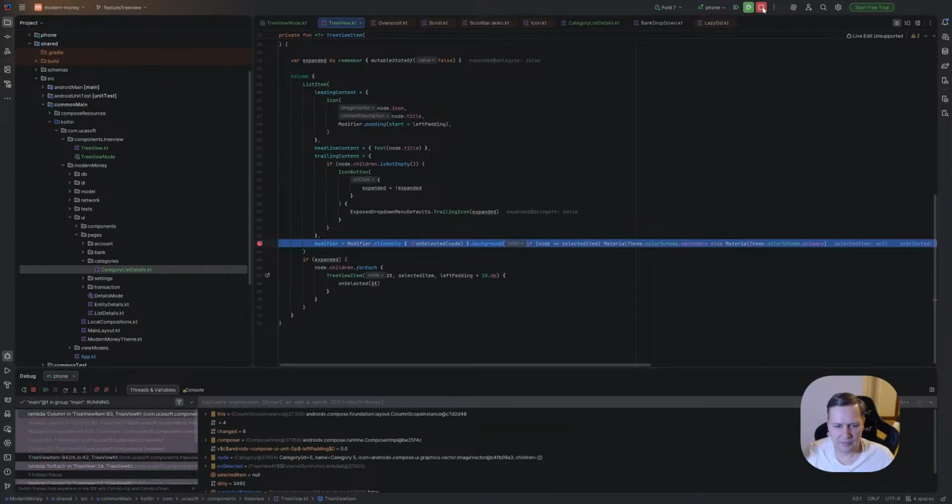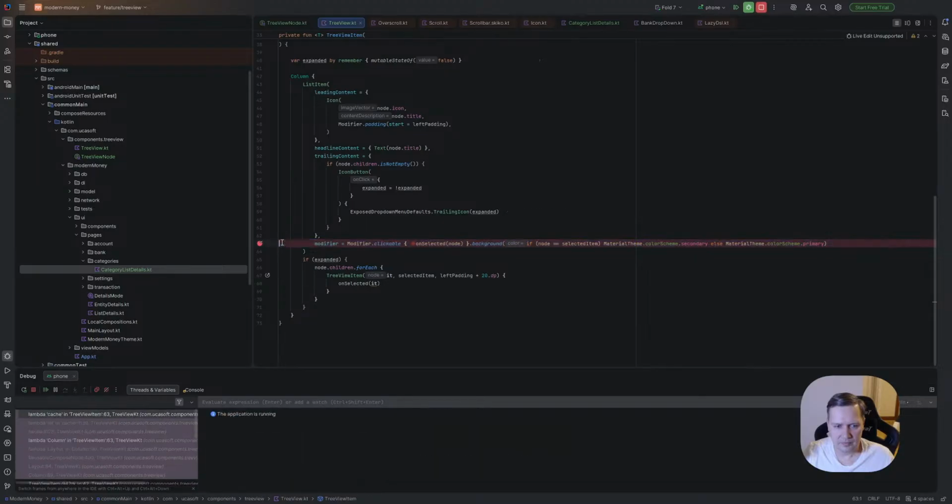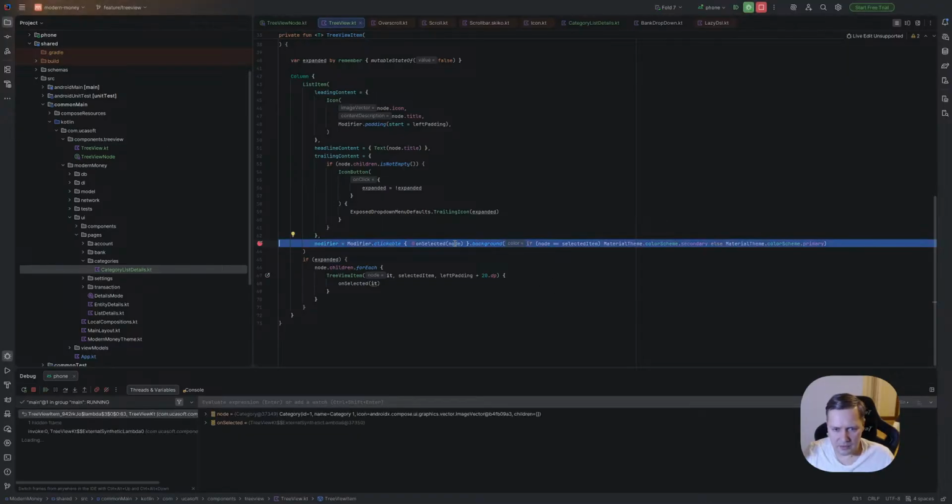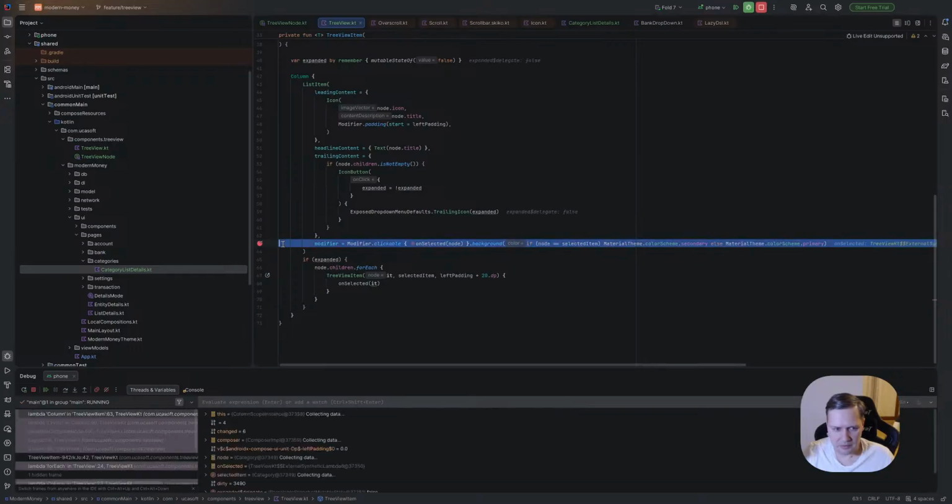Okay, and we click on first, and right now selected item is still null, but now we have something.